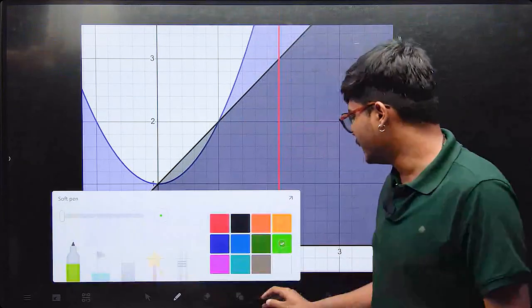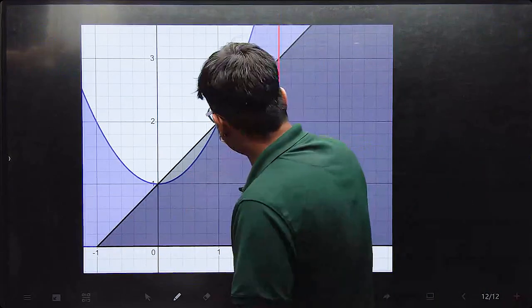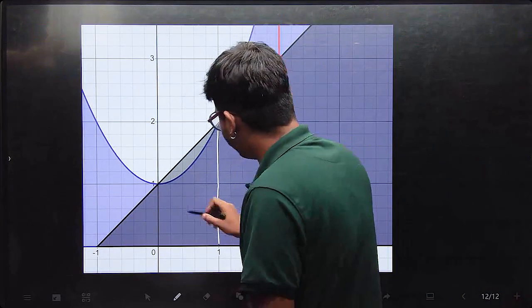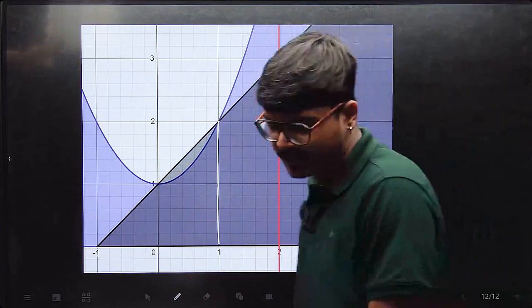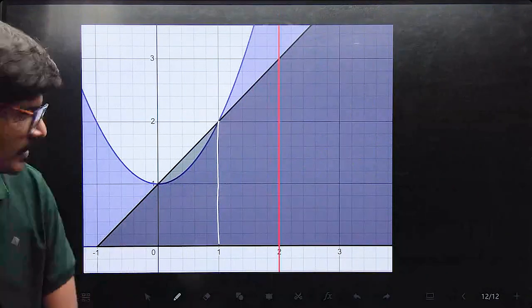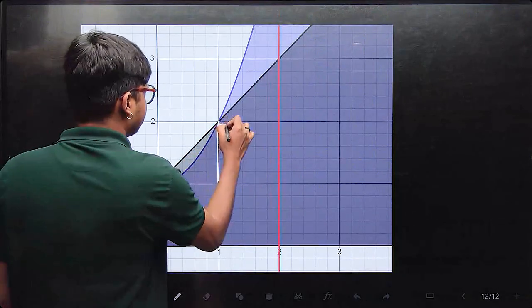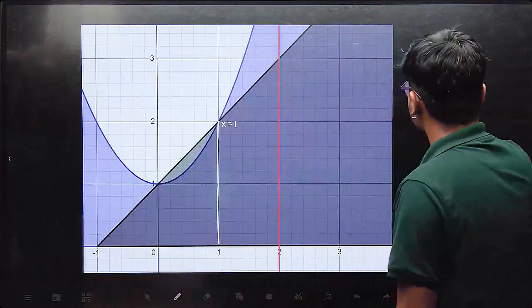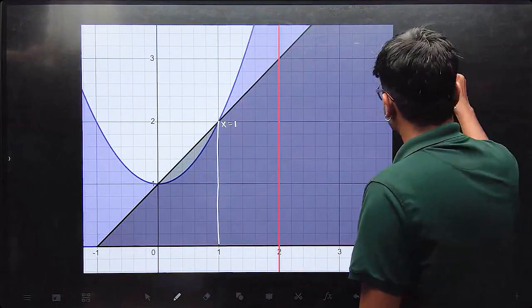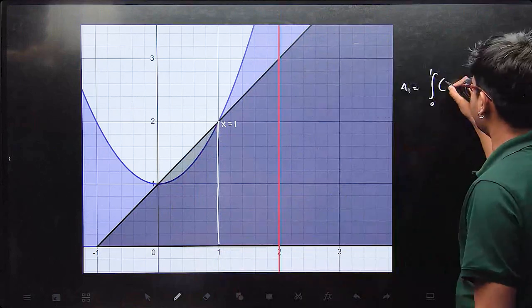So what is our required area once again? So I can write it as, see, between this point to this point, it's nothing but the area under the parabola, right? It's not 8 by 3. Not 8 by 3. So between the points 1 and this, what was this? This is x equal to 1, right? So it's going to be integral 0 to 1. The upper curve is just x squared plus 1, lower curve is y equal to 0, right? So it should just be this integral